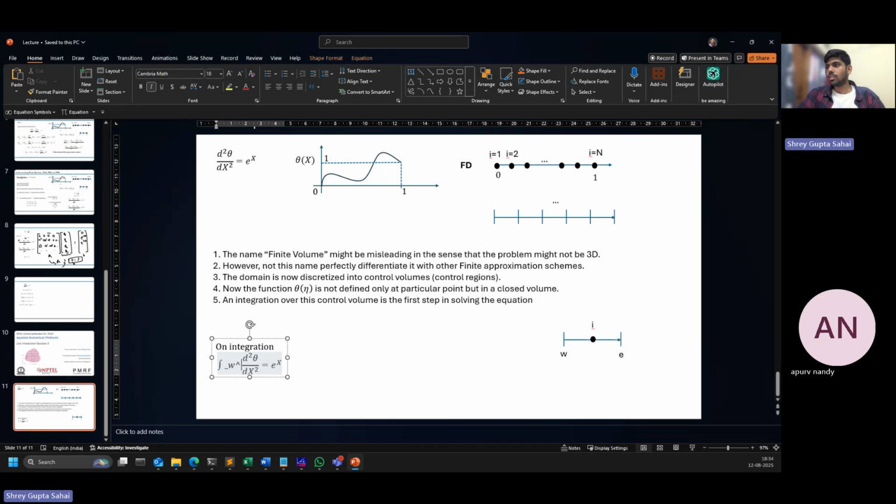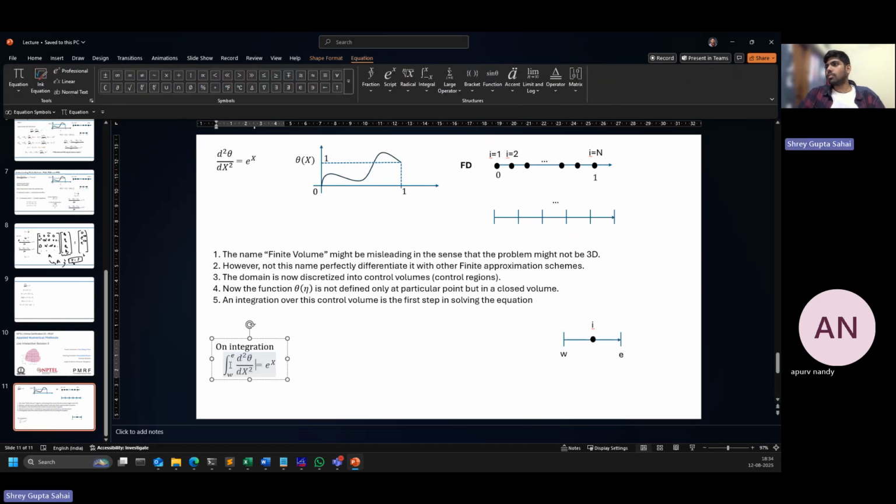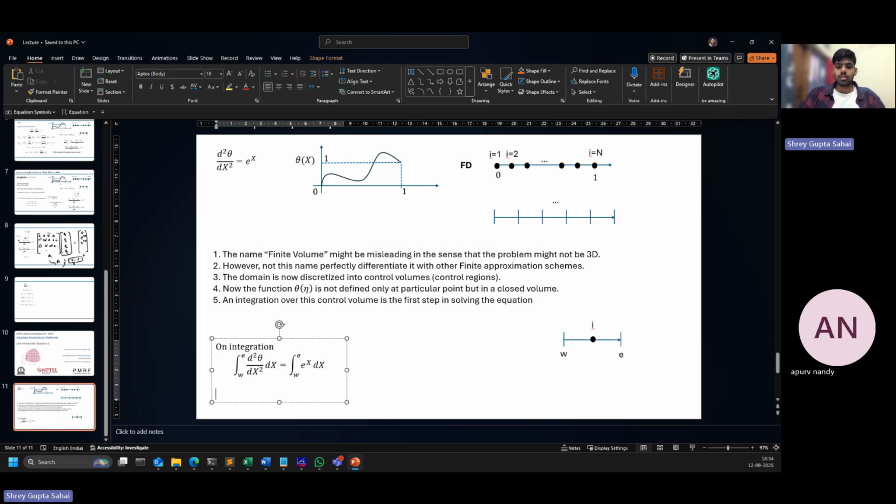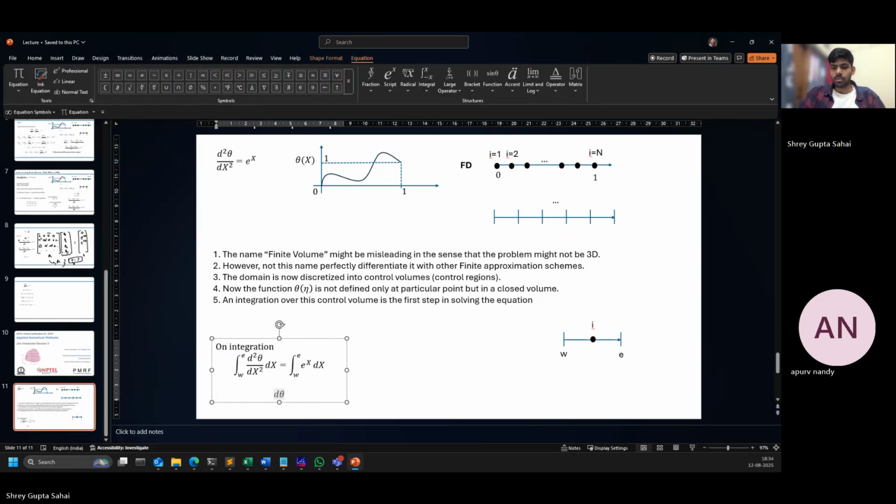Let me write it as west to east so that it is a little clearer. West to east, and this is again e to the power dx. Okay. So now if you do this, you write d theta by d eta, or dx, sorry, is